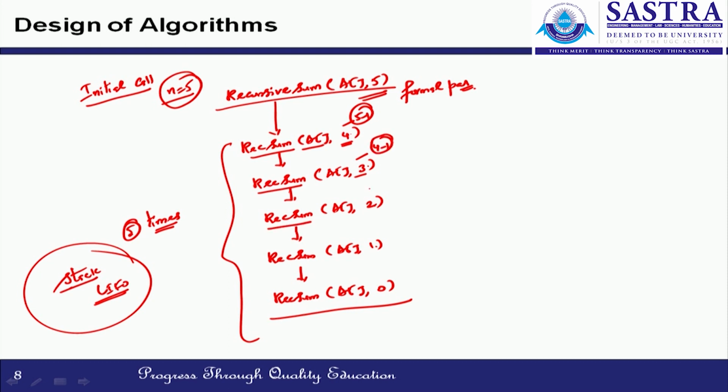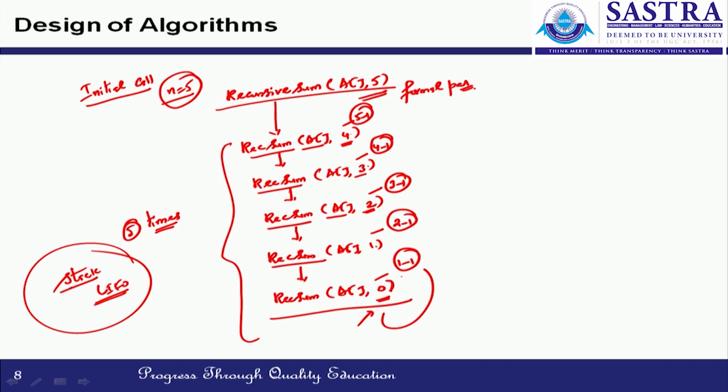Next recursive call, the formal parameter is decremented to 3 minus 1, 2. Next stage, the formal parameter is 2 minus 1. The next recursive call formal parameter is 1 minus 1. When the formal parameter is 0, or in the recursive call the actual parameter is 0,